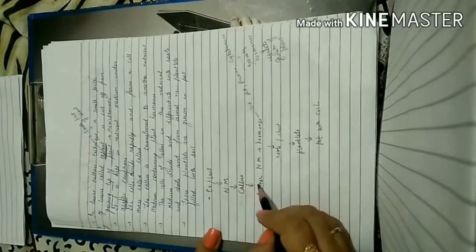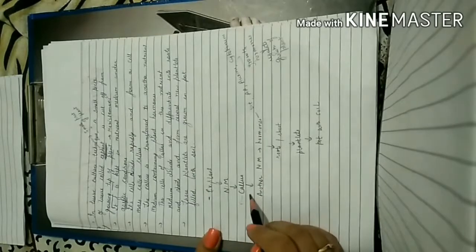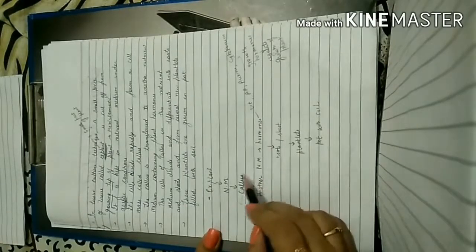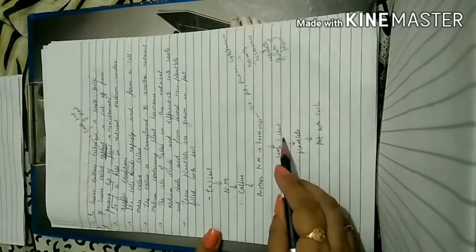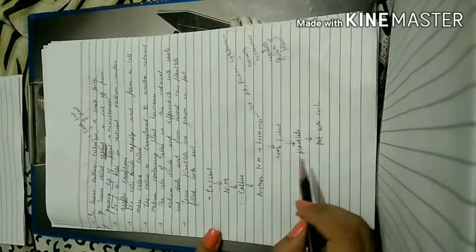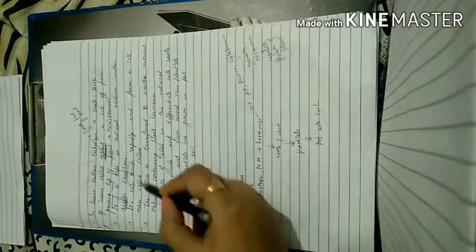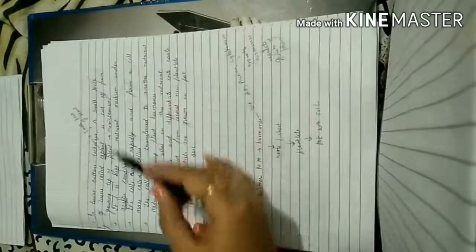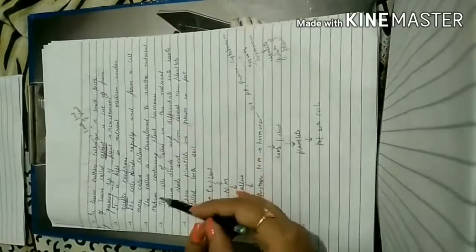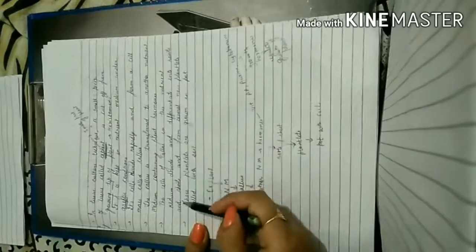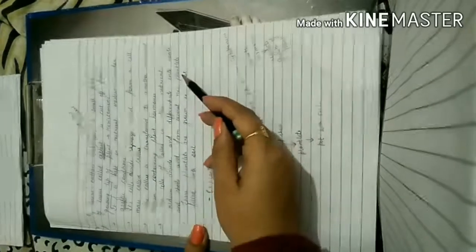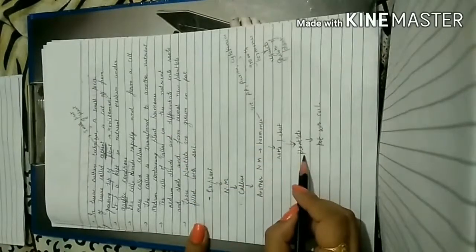This callus will differentiate. Now we have already studied what differentiation is. It means when the callus is attaining a specific role. Now this callus will divide and it will form root and shoot, and then the root and shoot will develop, and finally it will develop into a plantlet. So let us see here, the callus is transferred to another nutrient medium containing plant hormones. The cells of callus in this nutrient medium divide and differentiate into root and shoot and form several new plantlets, and new plantlets will be formed.